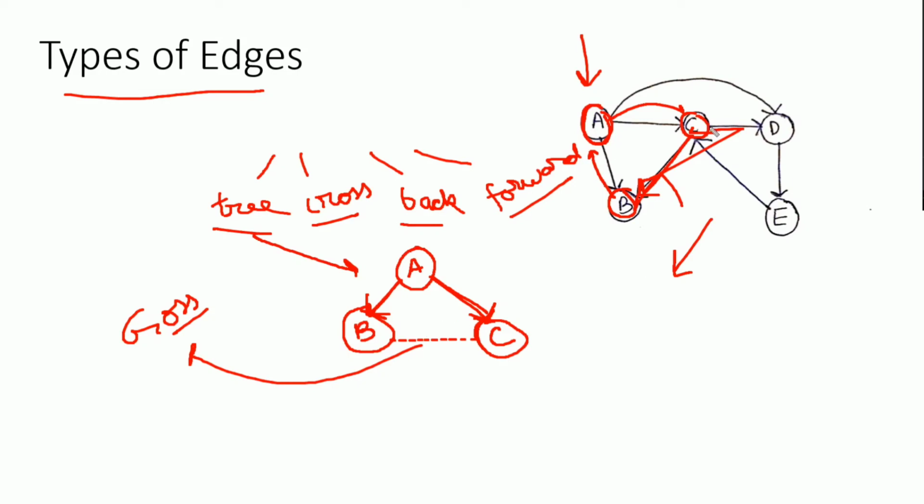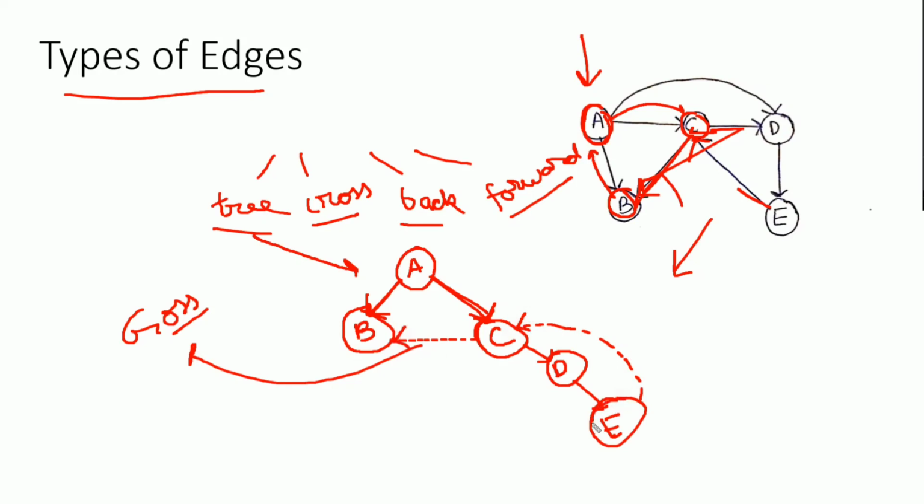Now the unvisited vertex from vertex C is vertex D. So suppose I move to vertex D with the help of a tree edge. Now from vertex D, the unvisited adjacent vertex is vertex E. If we explore vertex E, we find that it is connecting to vertex C, but vertex C is already visited. So there is an edge, and this edge is known as a back edge.